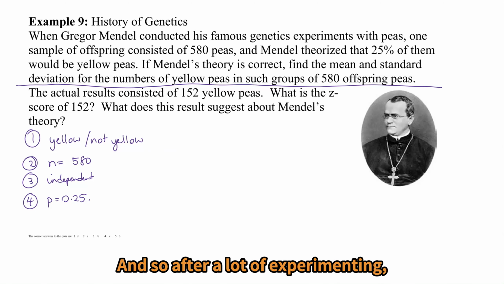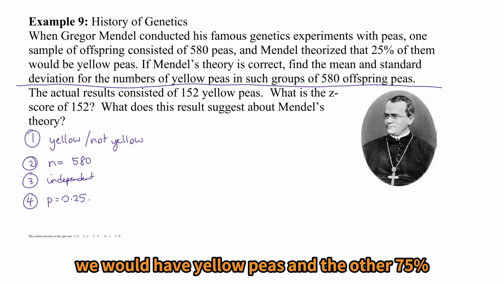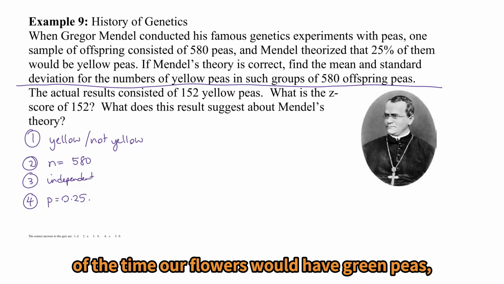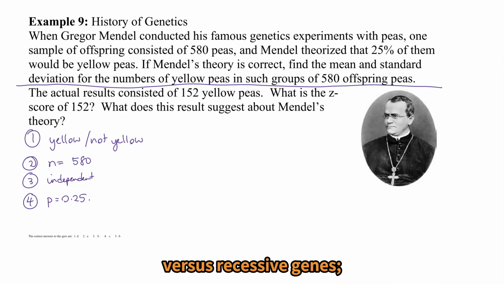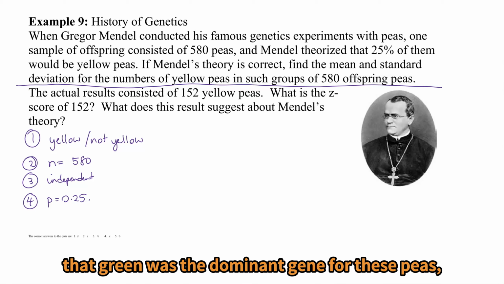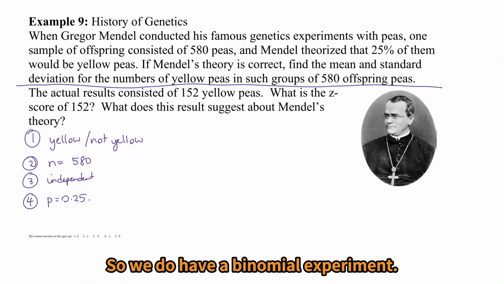And so after a lot of experimenting, he determined that about 25% of the time we would have yellow peas, and the other 75% of the time our flowers would have green peas. Ultimately leading to this idea of dominant genes versus recessive genes. That green was the dominant gene for these peas and yellow was the recessive. So we do have a binomial experiment,